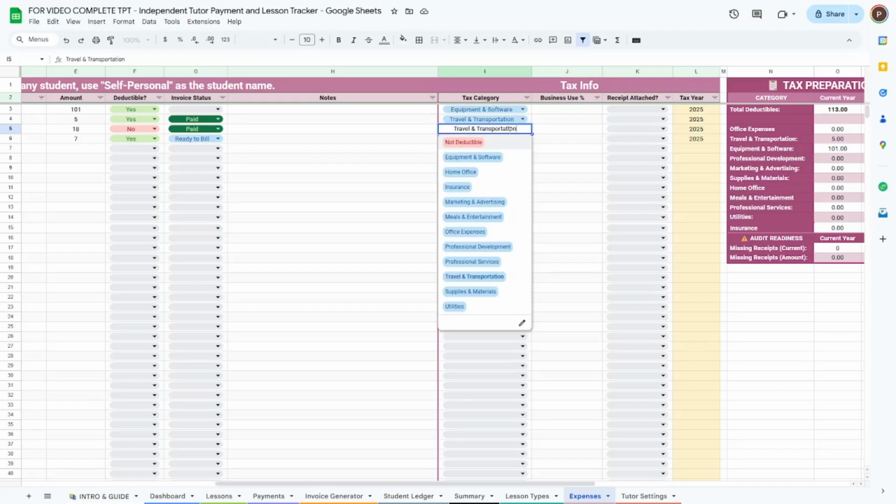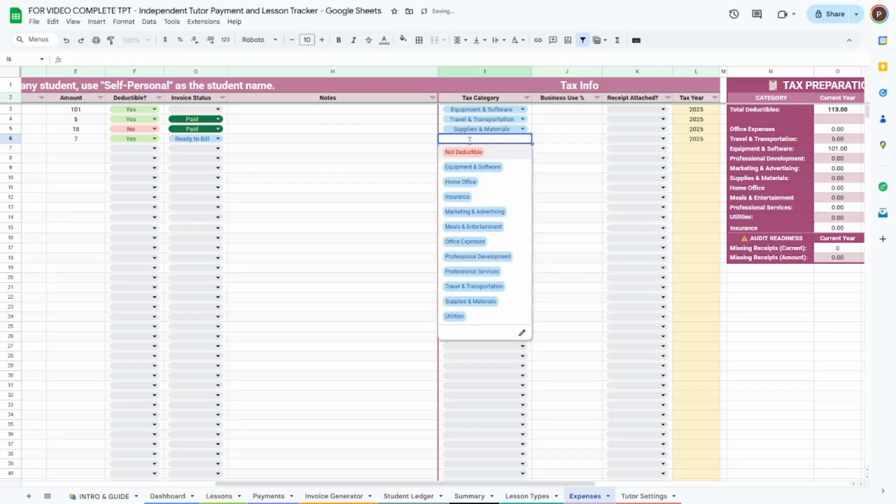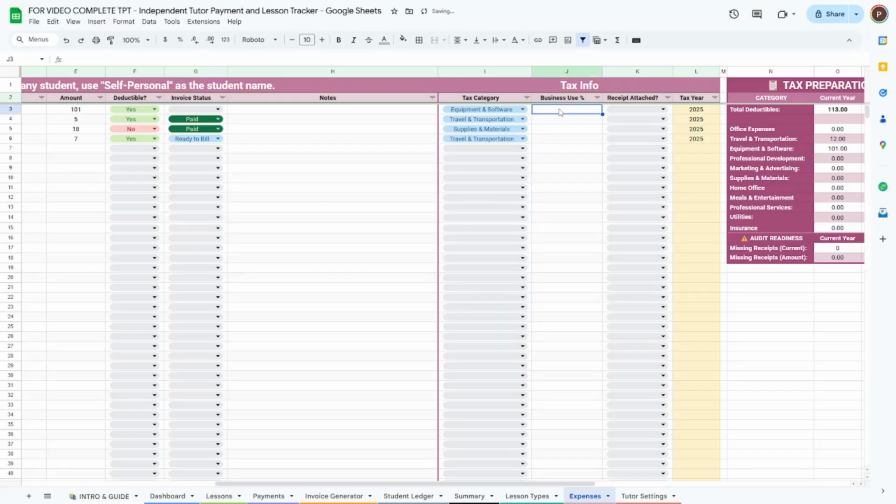This was not for travel, was it? This was for a workbook. Again, we could say this is supplies, materials, and then this was another transportation cost, right? You'll also want to put in what percentage of that resource is being used for your business. For example, if you're doing a home office expense, maybe you're not using that particular feature for 100% business. That printer, for example, maybe it's 75% for my business, whereas of course the travel will be 100% business,